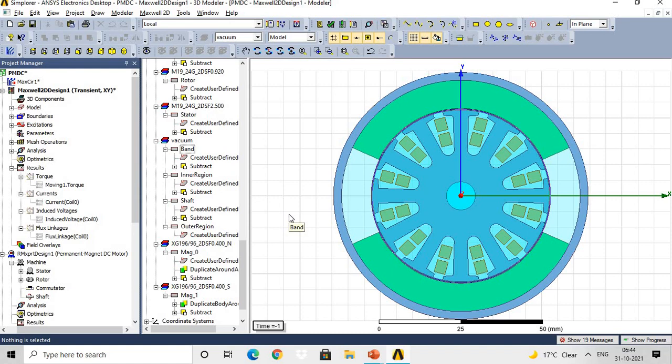See, this is the 2D model of the PMDC motor for which we have given the design inputs. Under this model,